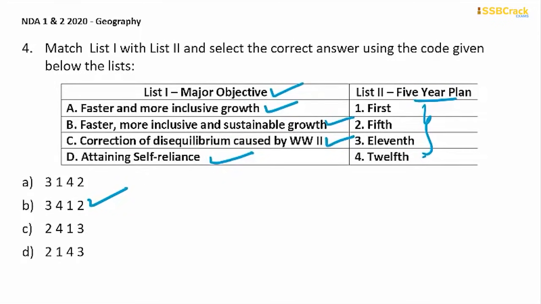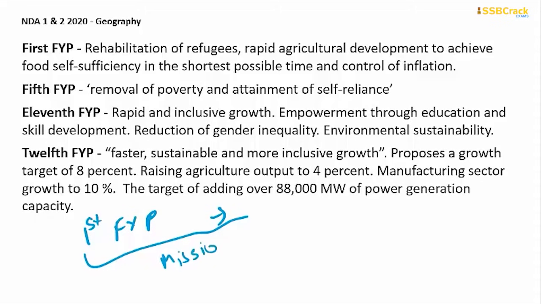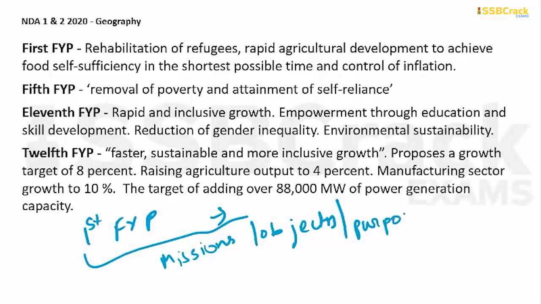We shall see each of these 5-year plans individually. I'll also tell you the trick to cover all these 5-year plans. Whenever you're covering 5-year plans, make sure that you go through each and every 5-year plan, starting from the first 5-year plan to the very recent one. You must study and learn all the missions, all the objectives, and all the basic purposes. Why was that particular 5-year plan announced and why did it come into existence? All of that must be very clear, and also the time period when it was launched is very important.